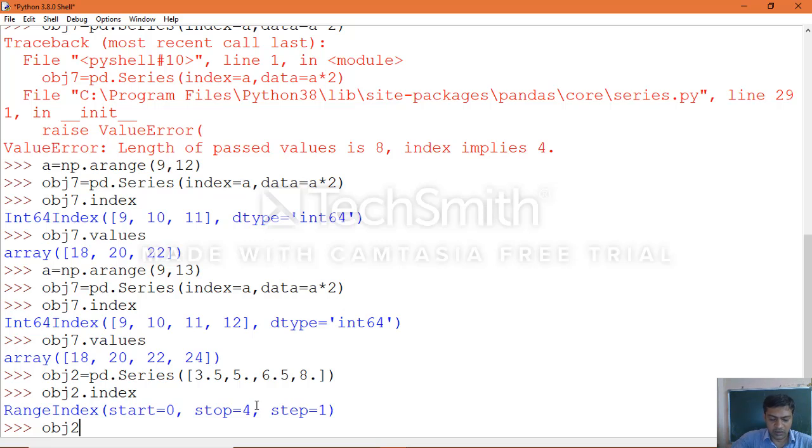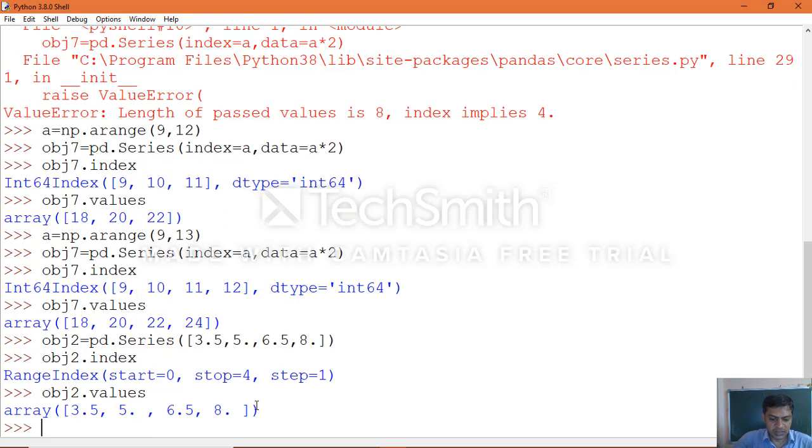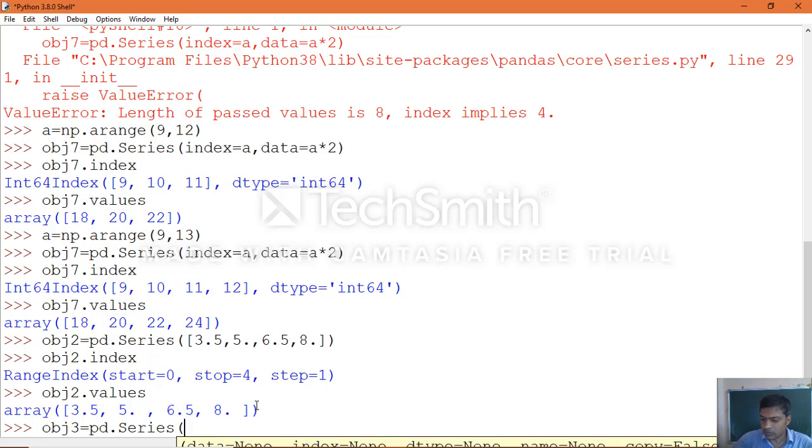In the same way, obj2 dot values, which you want to retrieve. Yes, in the same manner we will create one more, which was specified in the textbook: pd dot Series of 6.5, np dot nan, and 3.4.